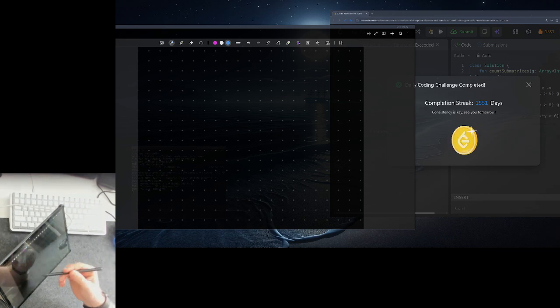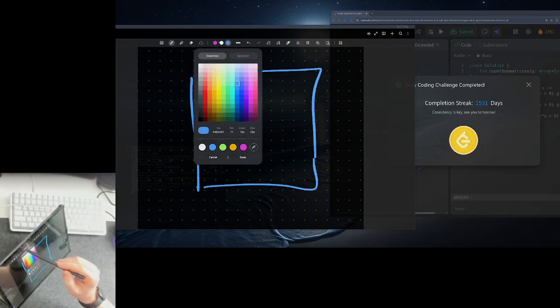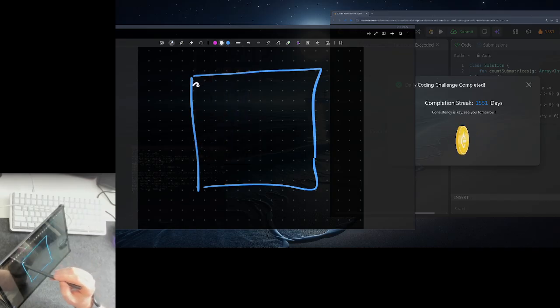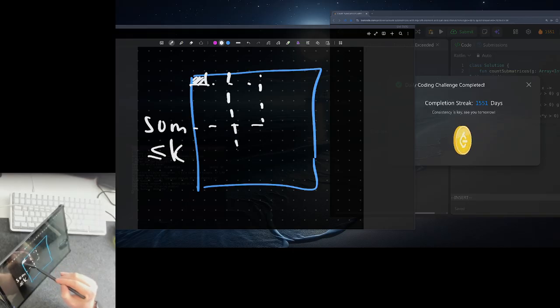So today we have a matrix, and we want to count how many submatrices that start with the top left corner have a sum less than k. There can be many of them, and the solution is just to go row by row,